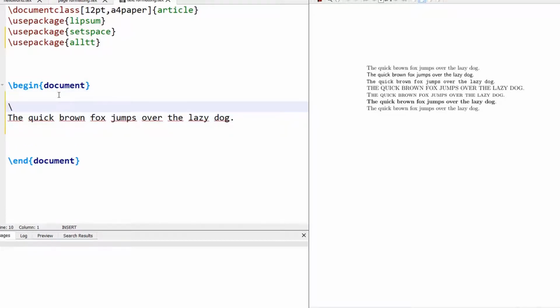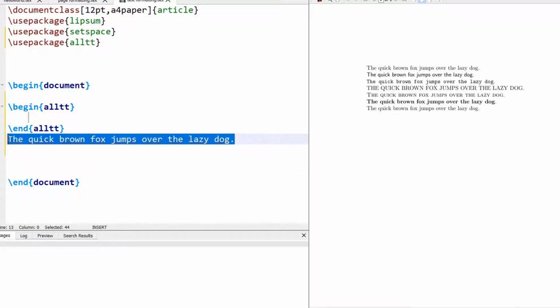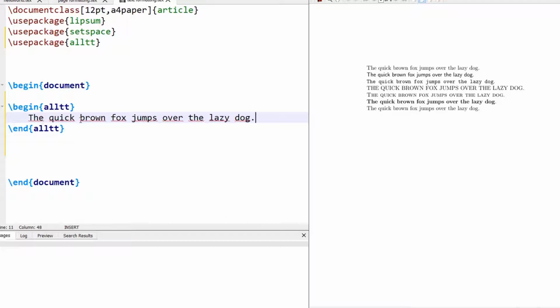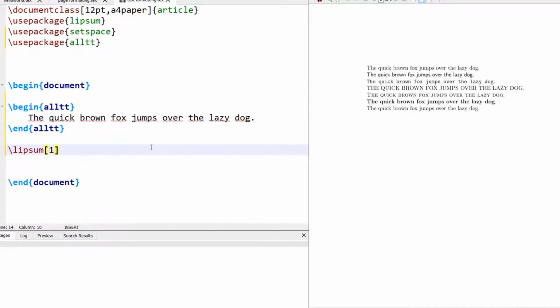I can use \begin{alltt} as an environment and embed the text that you want to get typeset in teletype font inside this, or rather I can use some other random paragraph.